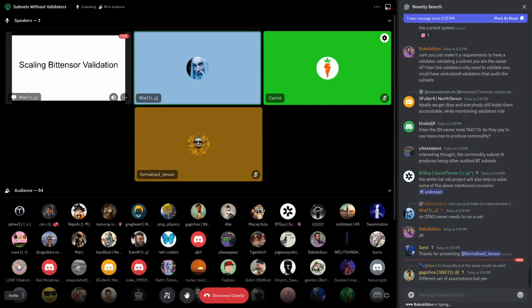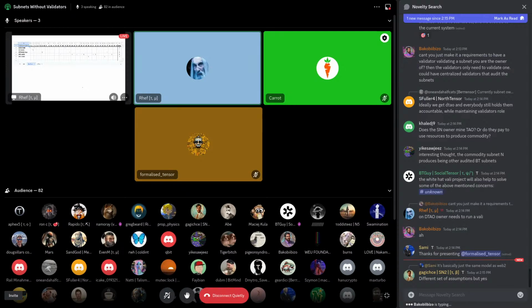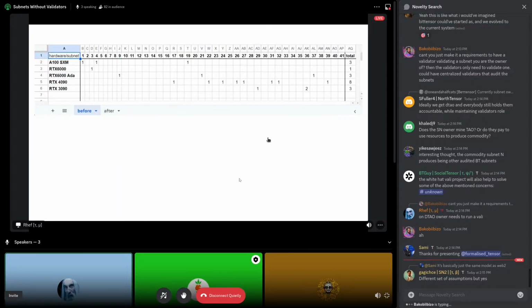So I'm going to talk about scaling Bittensor validation. This is the current list of subnets. Well, okay, almost current. It's a couple of weeks old. It's a list of subnet numbers and GPUs, and I indicated with numbers how many GPUs of which type each subnet needs. There are a bunch of subnets that need GPUs. Some of them need expensive A100s, and not every validator is willing to provide an expensive server with a graphics card